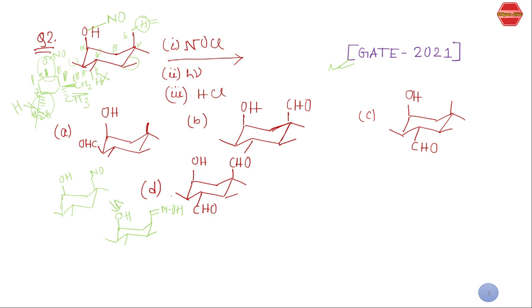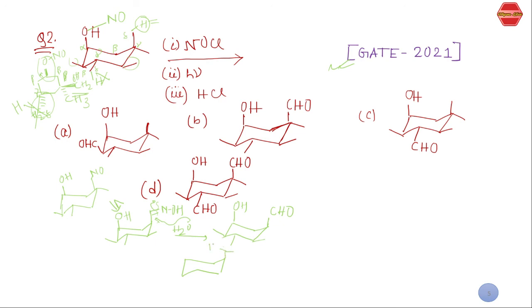Now after this HCl, that is your hydrolysis part. If you do hydrolysis over here, you can generate this kind of product, that is your aldehyde over here. Here is your OH. I will show you how this hydrolysis is going to take place. Because aqueous HCl is given, H2O is let up over here, it will go like this, then it can form this